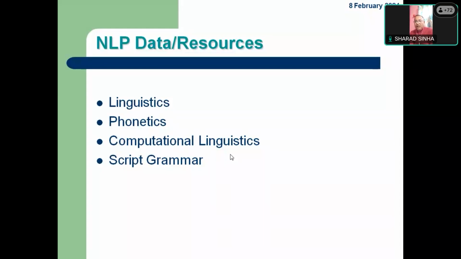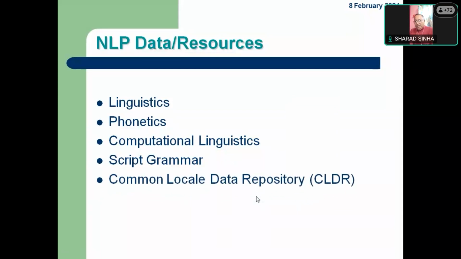So a particular language has its own script which encompasses all its speech sounds, and with the help of those we write the text. So it's important to have a grammar, how we write the words. It is not the grammar of the words as a whole, but how we create the words. That is script grammar, how we write. Then comes